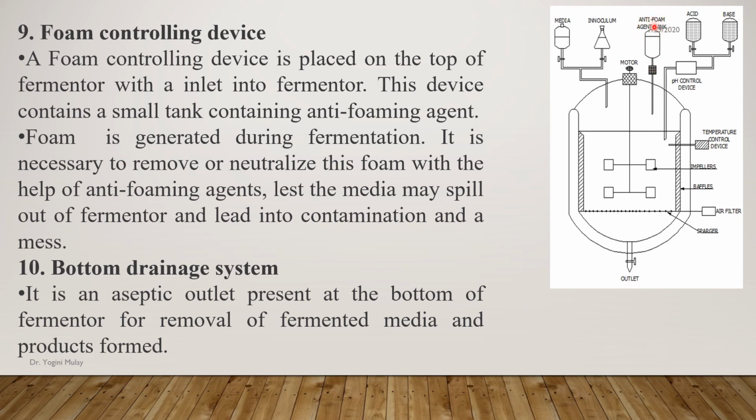So this is the antifoam agent which is filled in this tank, and this is the probe. As soon as the foam is generated and gets accumulated at the top of the fermenter, and whenever it comes in contact with this probe, it automatically gets the information that foam is accumulated in the fermenter, and accordingly this antifoam agent gets added drop by drop, and because of the addition of antifoam agent, whatever foam has accumulated over here gets broken, and this is the way the foam can be controlled.